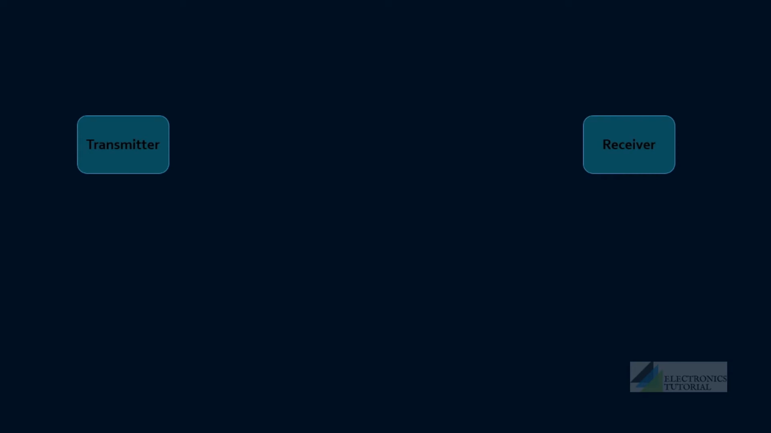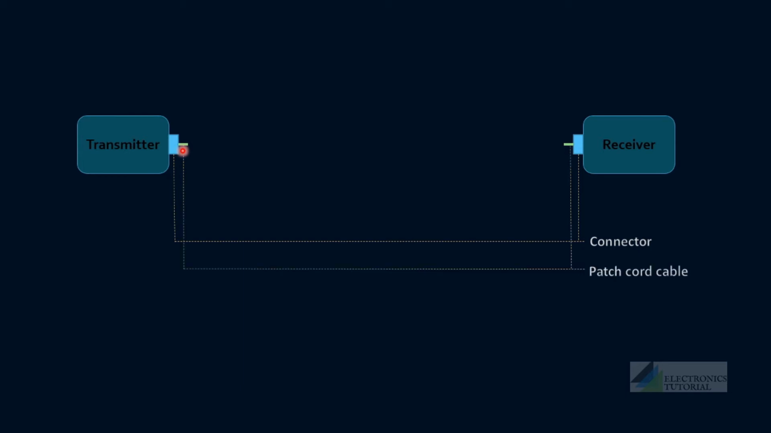For any communication link, the basic components are a transmitter, a receiver, and an interconnecting channel. Here we are considering some more components that are laid in between. This represents a connector. The function of a connector is to couple light from a transmitter to the fiber. And this small piece of fiber shown is commonly known as patch cord cable, and this cable is connected to